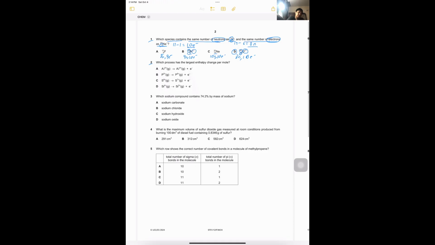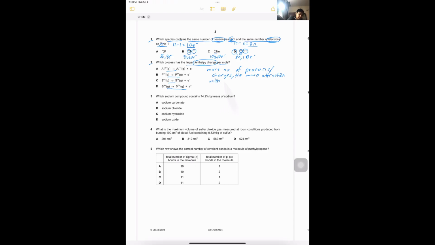Question 2: which process has the largest enthalpy change per mole? For this type of reactions, what type of reactions are these? These are the ionization energy reactions. So for this type of reactions, the more number of protons, or like more number of charges, we can also write charges, the more attraction